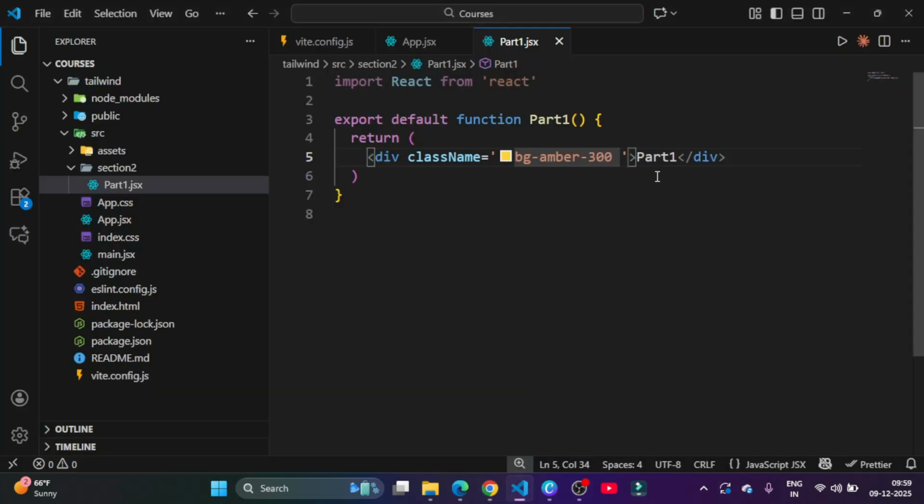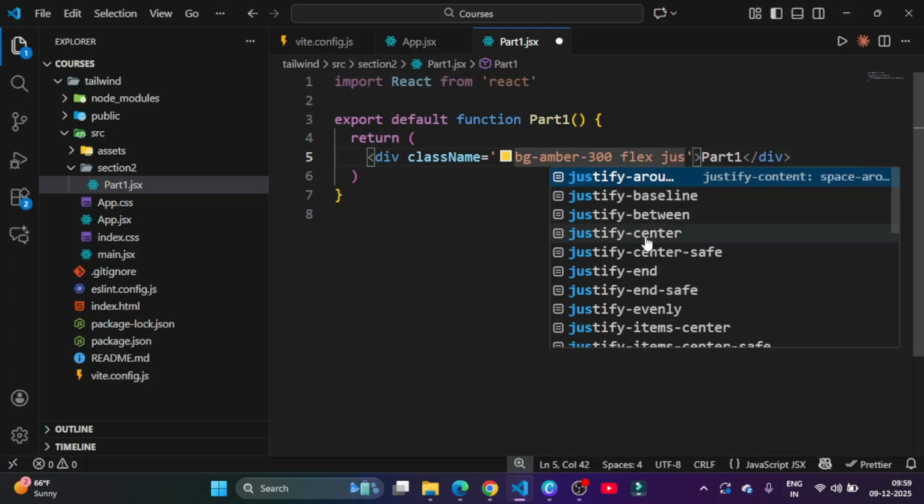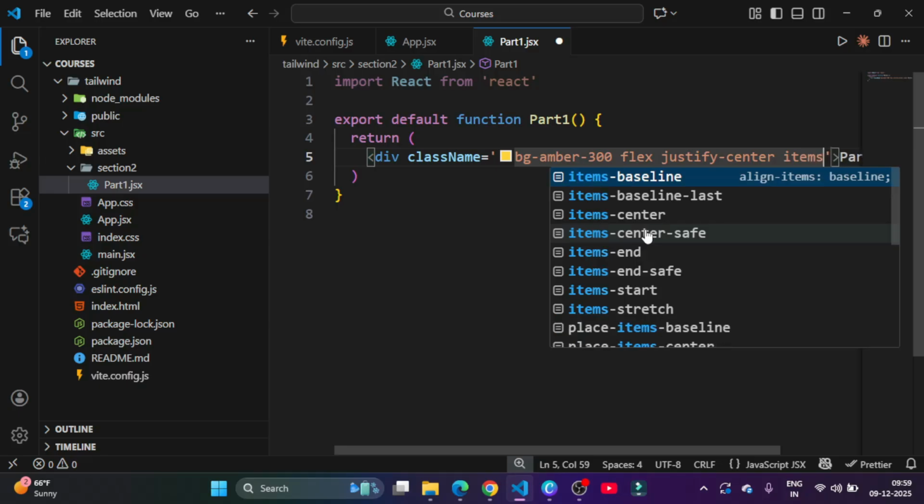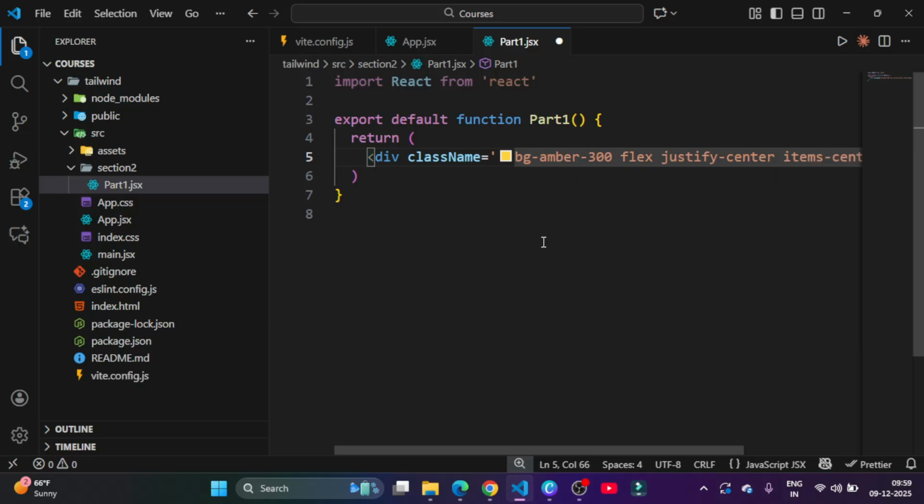So you can see, and now there is no padding, right? So what I'm gonna do is use something advanced, but just pretend you don't know about it. Okay, flex, and then justify center and items center. Definitely I'm gonna talk about it, but to make you understand the padding,